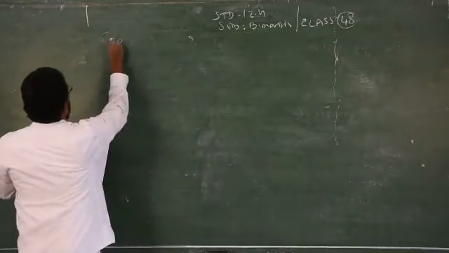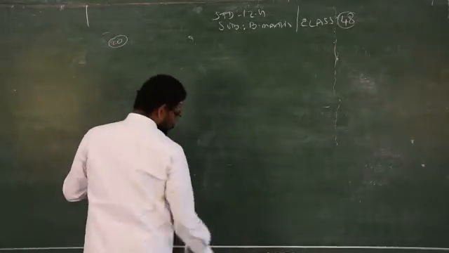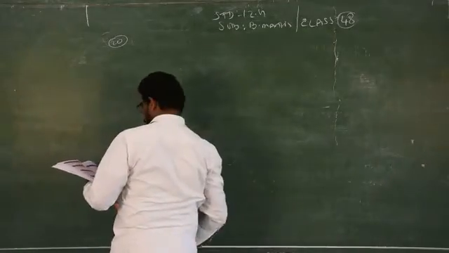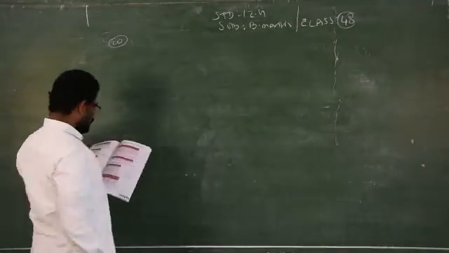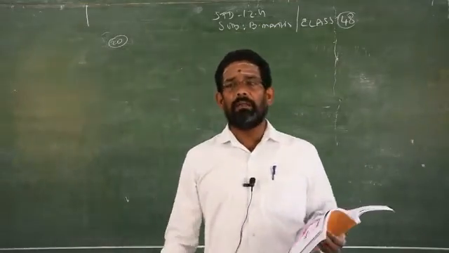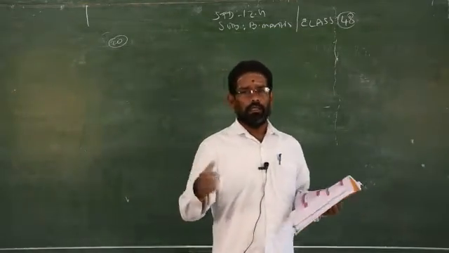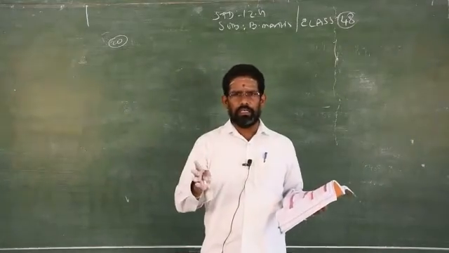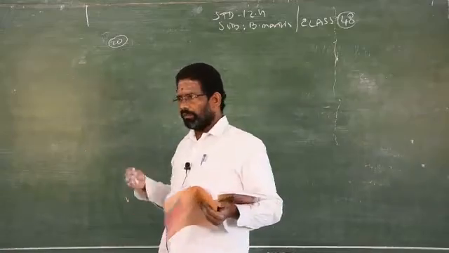Sum number 20. We have only two problems, so I will teach how to find the cost of living index number. Construct the cost of living index number. We have two methods: one is the aggregate method, another is the family budget method. For the aggregate method we will see one problem, and for the family budget method we will also see one model. Clear? So there are three methods, three models.